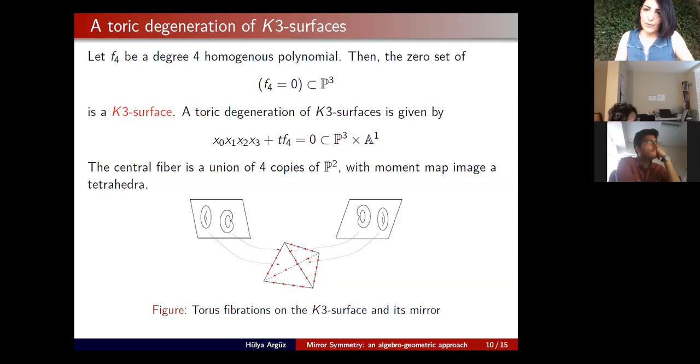So the way you understand how to glue them is given by some additional data called gluing data on B. And this is telling you how the central fiber is glued. And once you know the gluing data, there's a unique way to smooth it given by some Gross-Siebert wall crossing algorithms. So once you fix B and the gluing data, we do know that there's a complex smoothing and the general fiber will carry a complex structure.